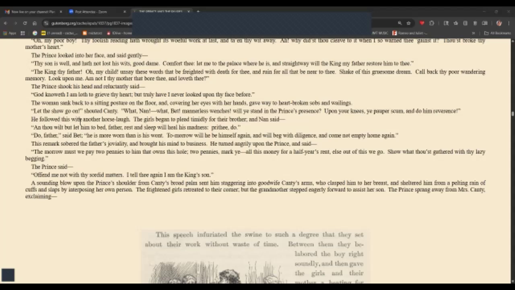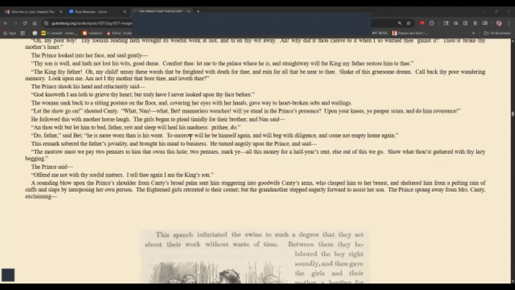"Let the show go on," shouted Canty. "What, none kneel? What, Nan, Bet? Mannerless wenches, will you stand in the prince's presence? Upon your knees, you paupers, and do him reverence." He followed this with another hoarse laugh. The girls began to plead timidly for their brother, and Nan said, "And thou wilt but let him to bed, father.